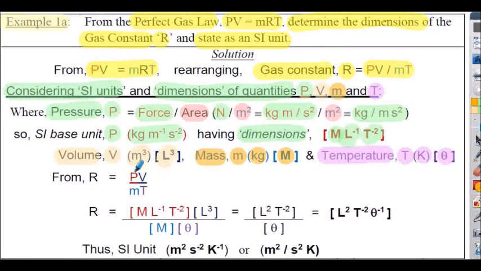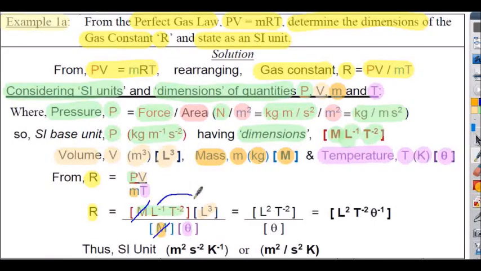So now returning to the equation above, for R, written on 2 lines here, we're simply going to impose the dimensions for each of the quantities. So R is equal to pressure P, having the dimensions M, L negative 1, T negative 2, multiplied by the volume, having the dimension L cubed, divided by the mass, having the dimension capital M, and divided by the temperature, having dimension theta. Now all we do is use our laws of indices to simplify our expressions where possible, noting straight away that we could cancel the M on the top line with the M on the bottom line,